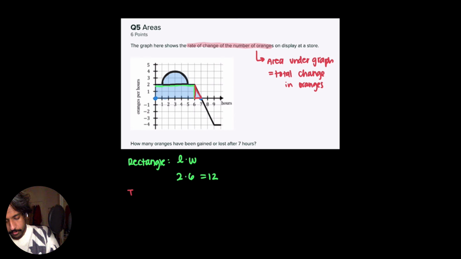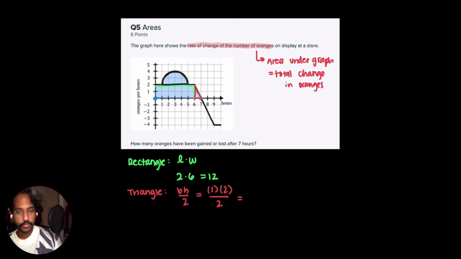For the triangle, we want to do our base times our height divided by 2. And so I see the base will be 1, the height is 2, and we're going to divide by 2. 2 divided by 2 will just give us 1. And now the final bit is this